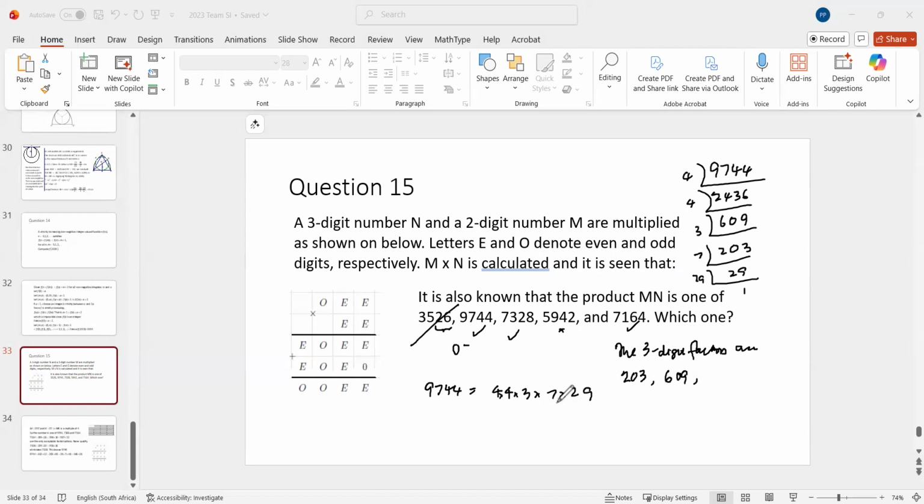And the other one is a 2-digit number, remember? So if I put 29 times 7, this gives you times 48. Now, if you take 203 times 3, then you got 16 here. And then 203 times 4, 812, times